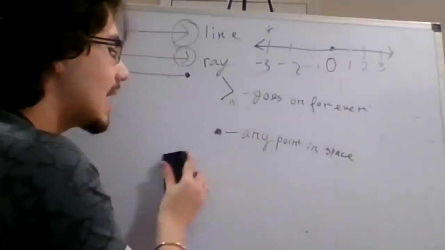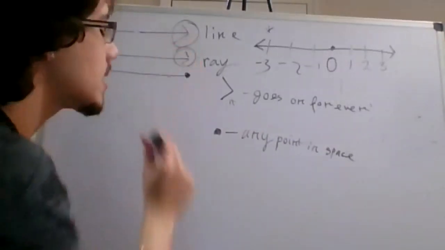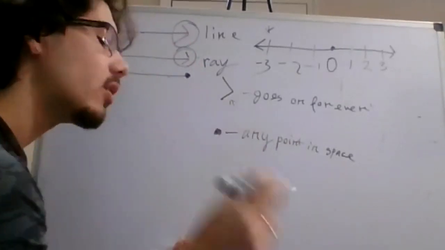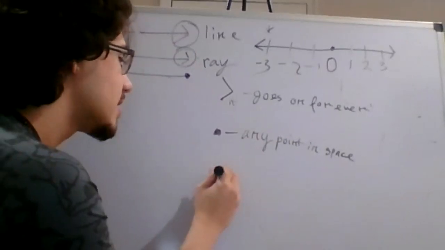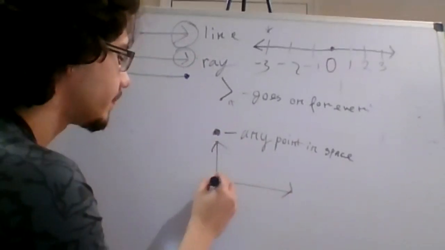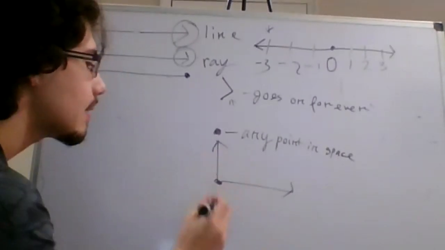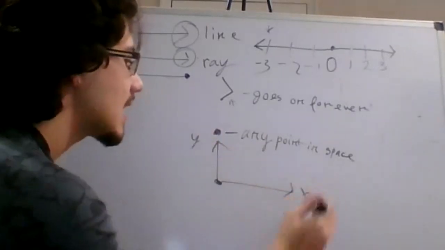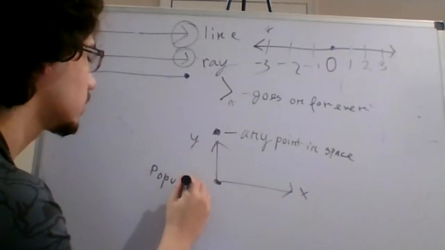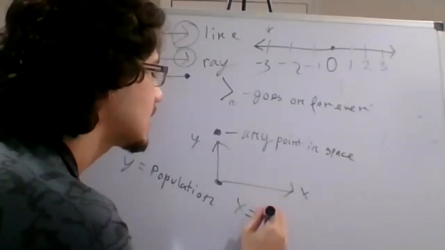Another way we would apply it is time. Time is the most popular way of using a ray. So in time, when we make graphs, we start at year 0. So we say that this is our graph. In our graph, as you can see, we have our y-axis and our x-axis here. If we say the y-axis is population, and our x is time,